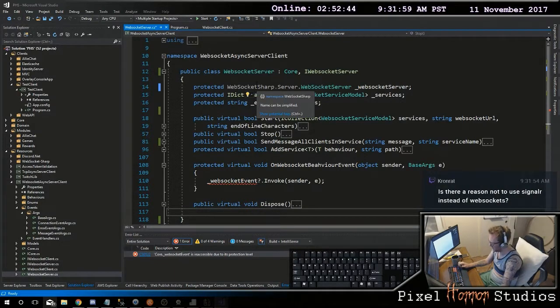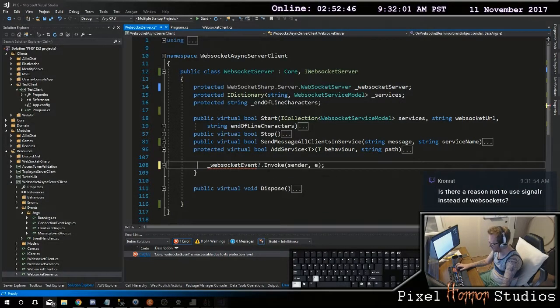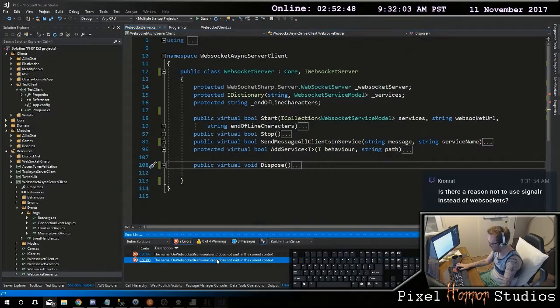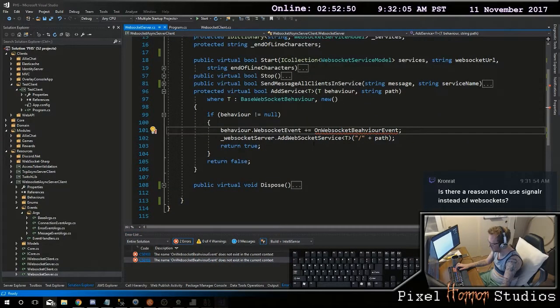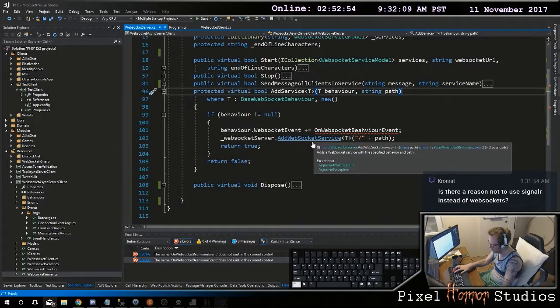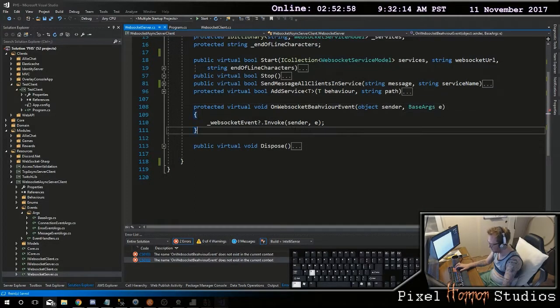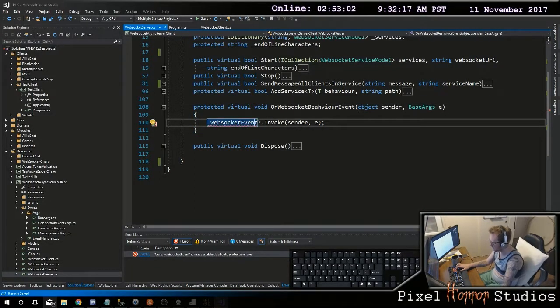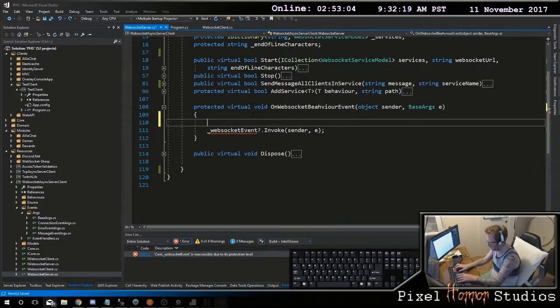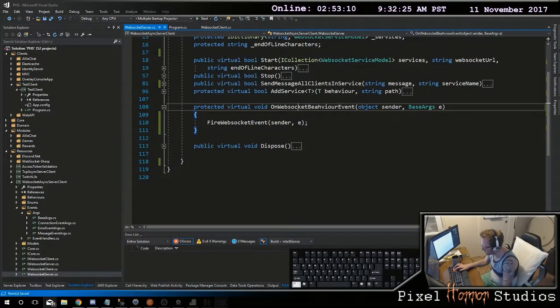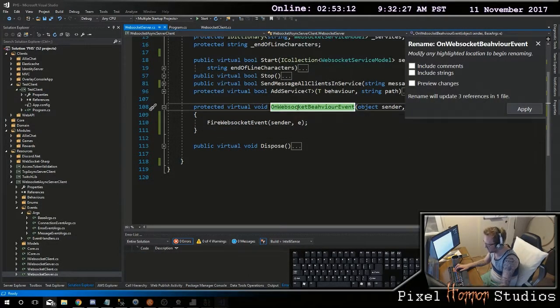And now you're saying that here you have your on WebSocket behavior event, which you don't need there in your server. Wait. So this one you should be able to do a fire WebSocket event of your sender and your behavior,